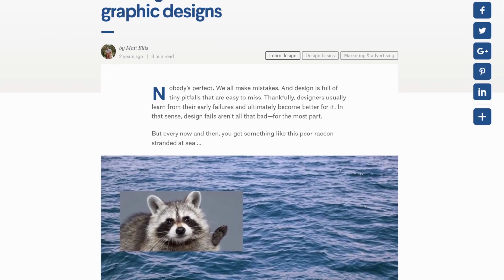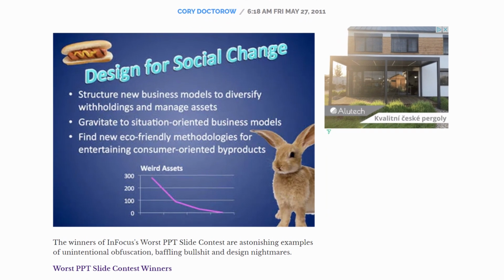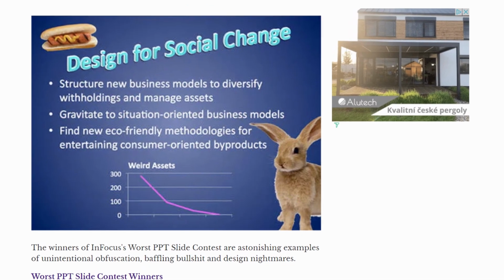it either takes a really long time because, to be honest, I have no idea what I'm doing, or it's just not possible at all to create something that's good enough quality that I feel that I can include with that content. So today I'm going to show you how to quickly create effective graphics using an online app called